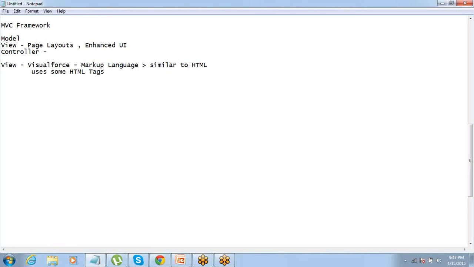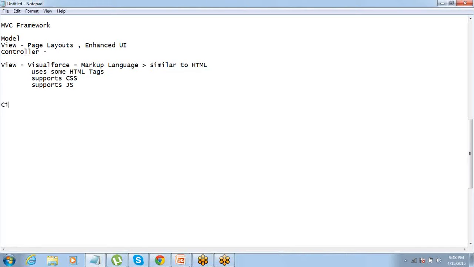Okay, it also supports CSS and it supports JavaScript as well, right? You can use JavaScript on a Visualforce page, you can use CSS on a Visualforce page, and you can also use HTML tags on the Visualforce page. So that is what we have for enhancement of the view.